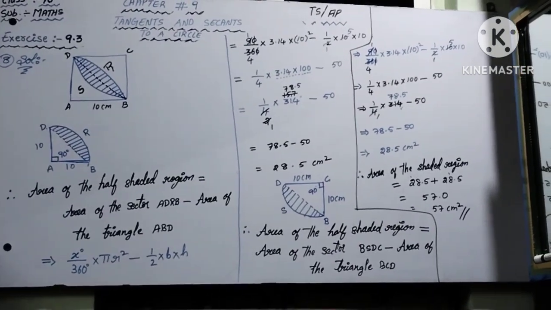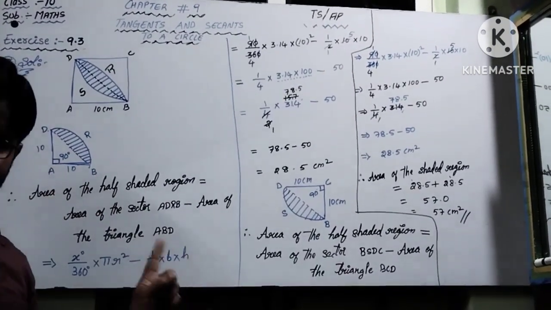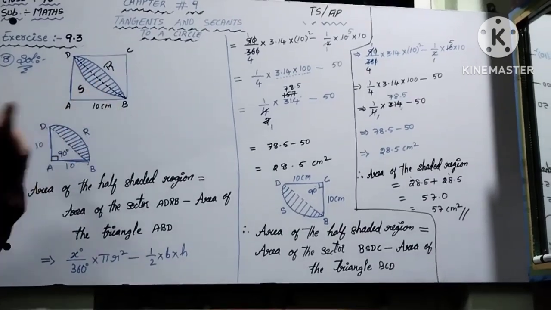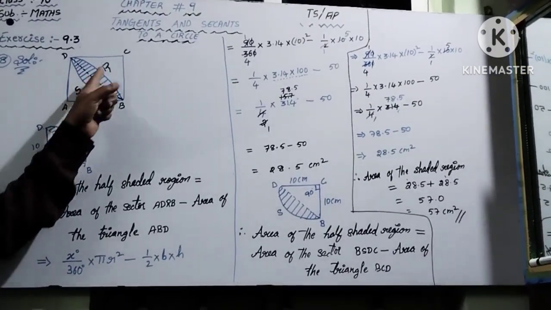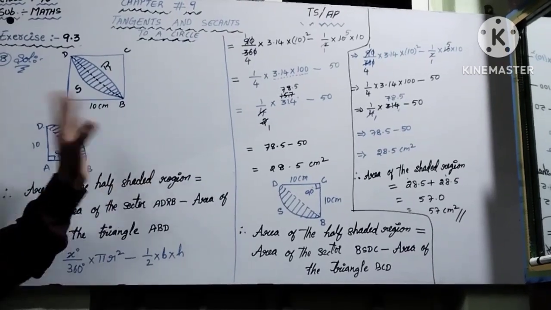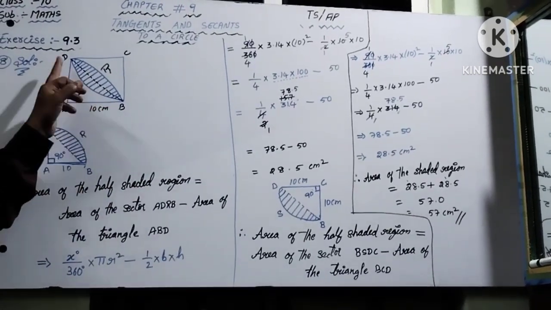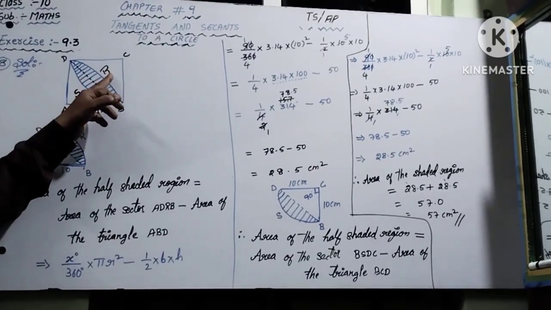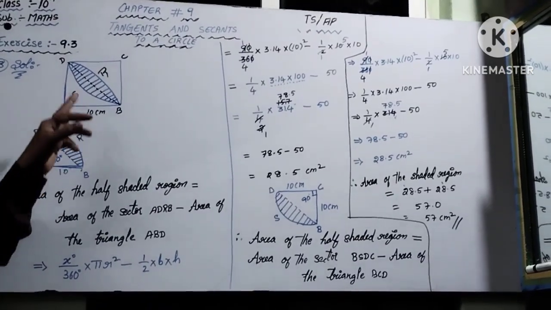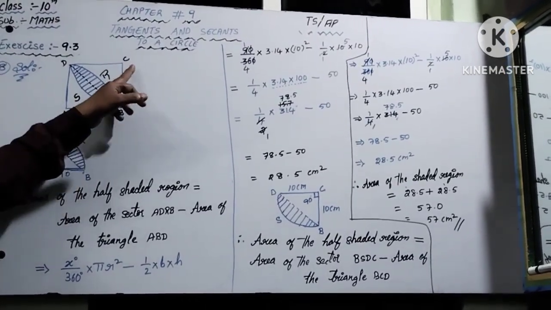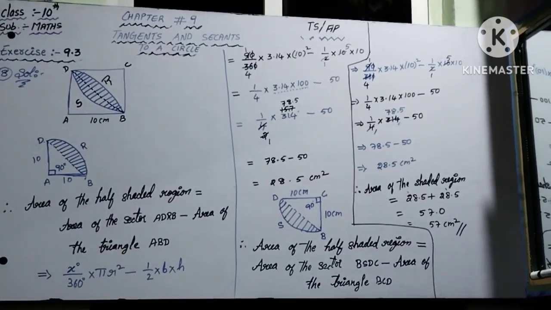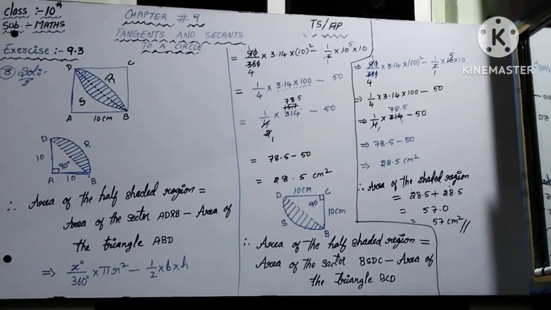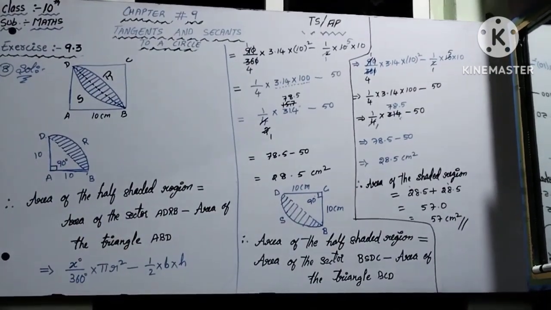Now understand. One important thing in this, that is the diagonal line. If you draw the diagonal line, then you can make this into two regions. First region is A, B, R, D, and second region is B, C, D, S. There you will get half shaded regions, and add the two half shaded regions, then you will get the complete shaded region.